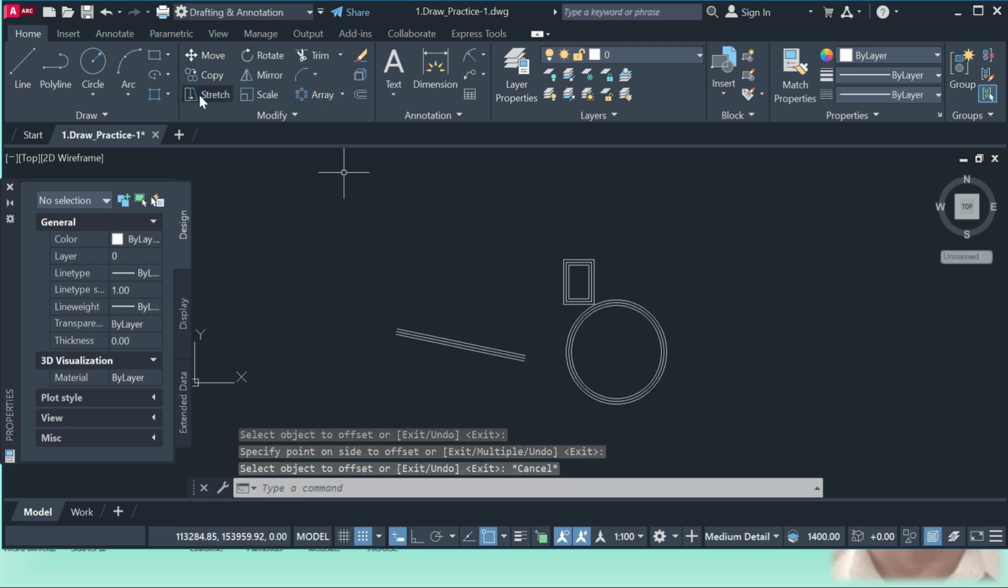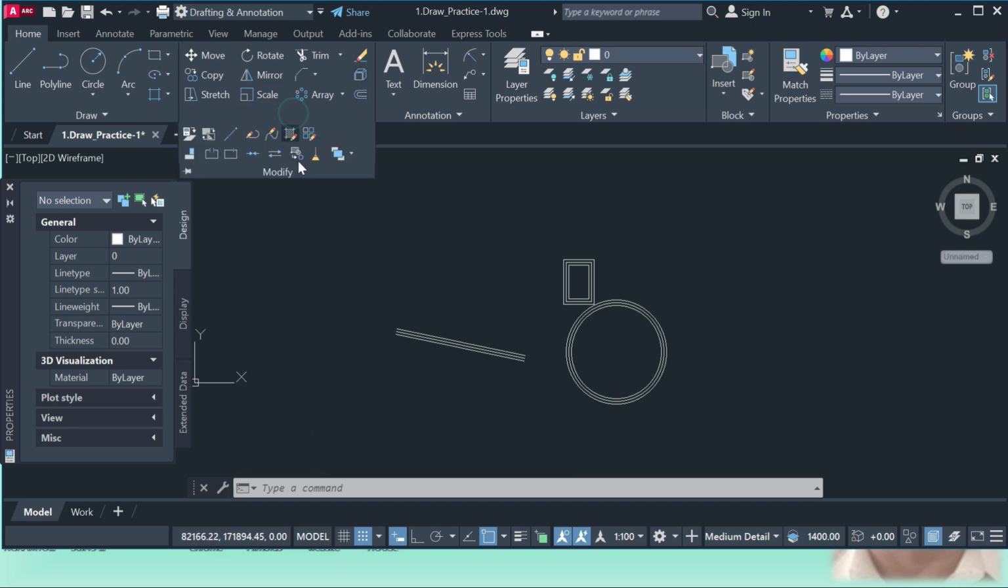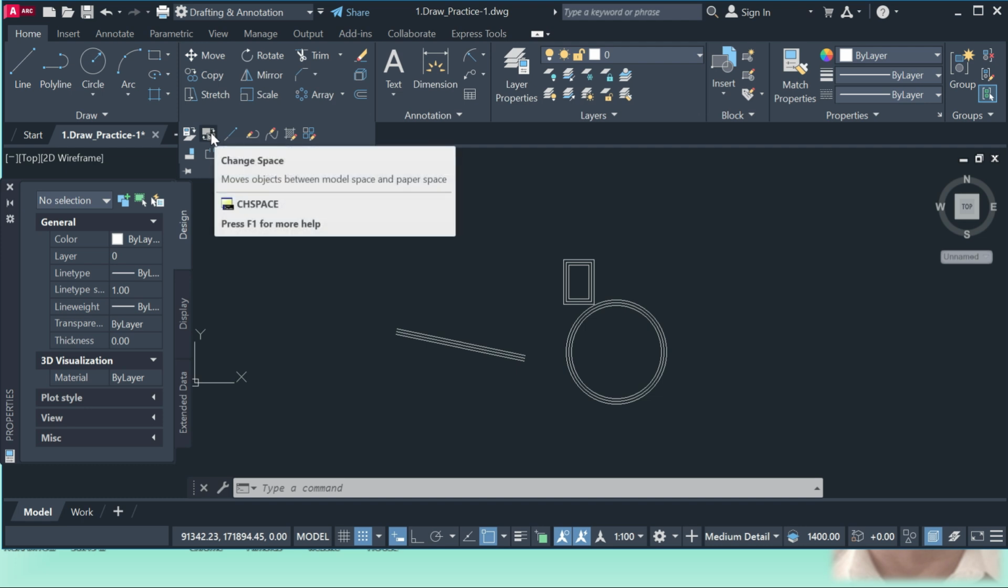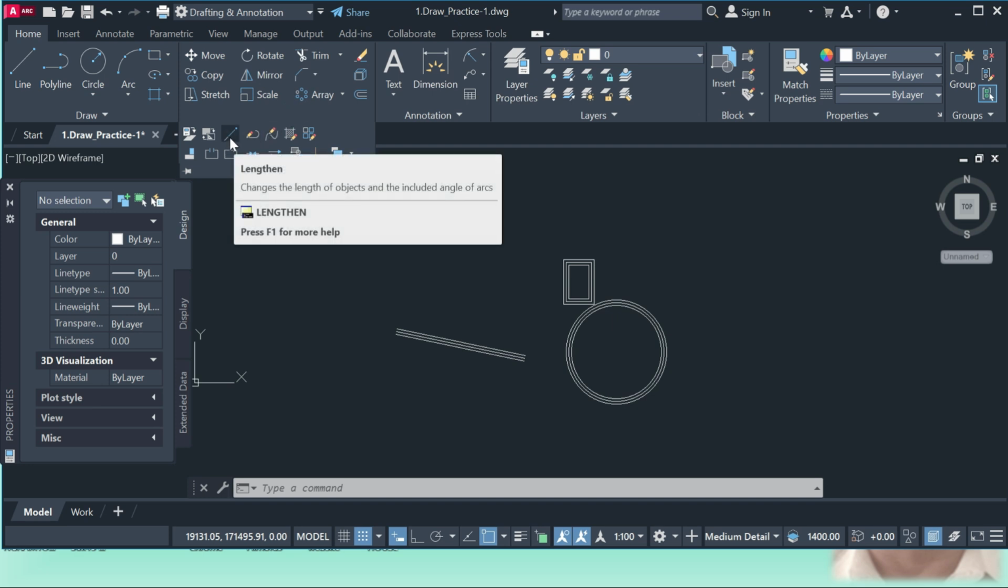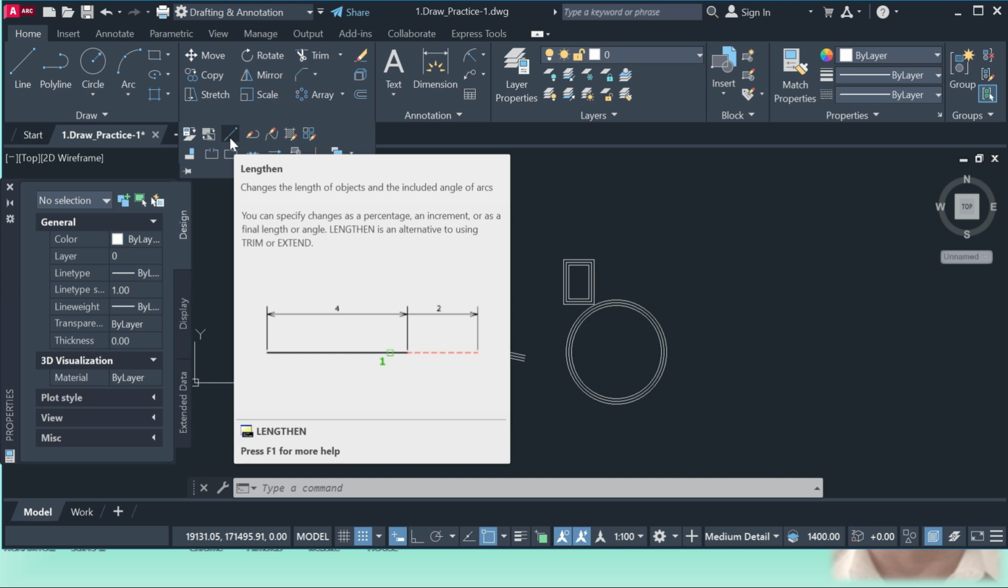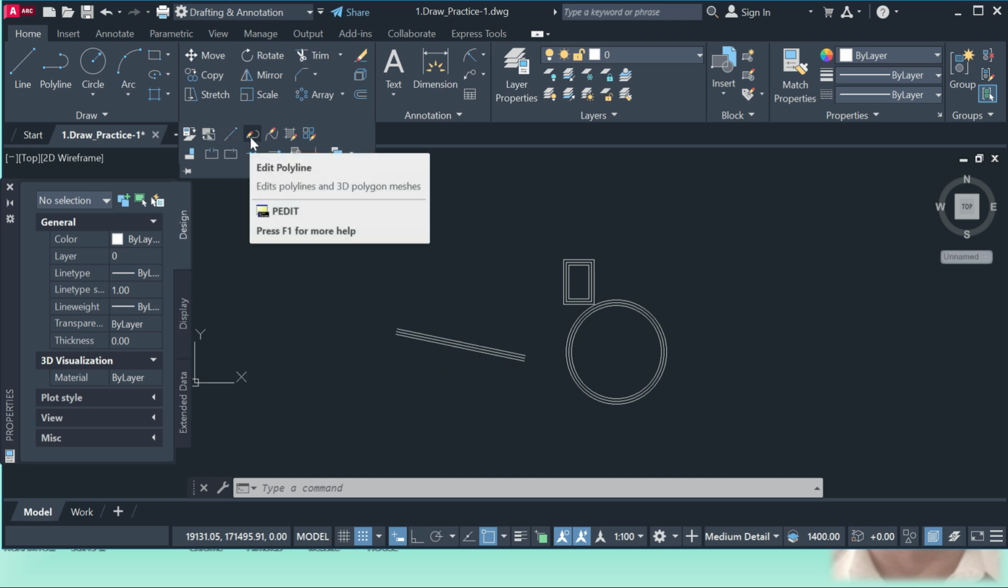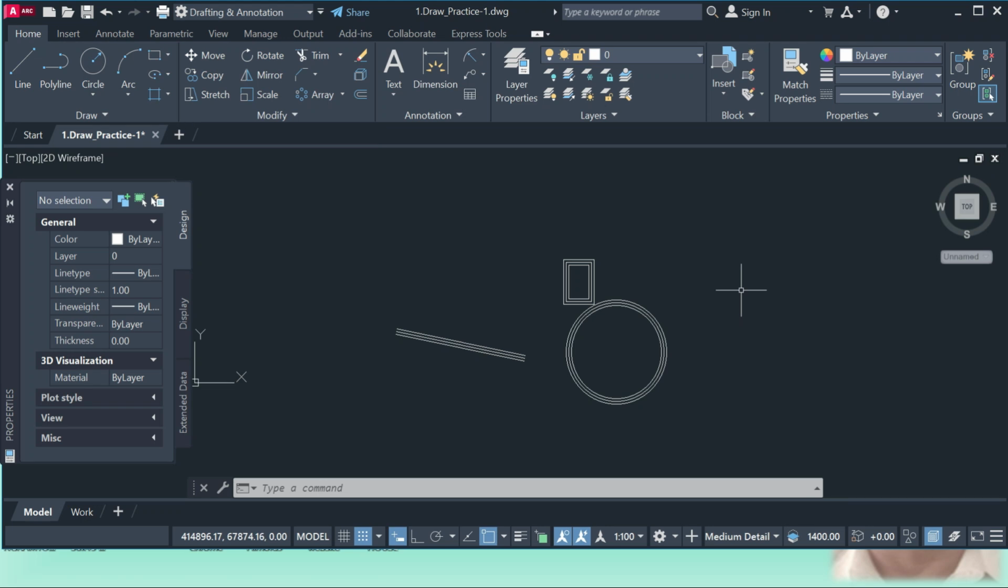So the main tools in the modify tools, you understood. And here if you come down, there are many small tools that we mostly don't use much, but I can tell you briefly. This changes the space between 2 objects, and this is the line length, which we can increase. And this edits polylines, which means if I draw one polyline here,